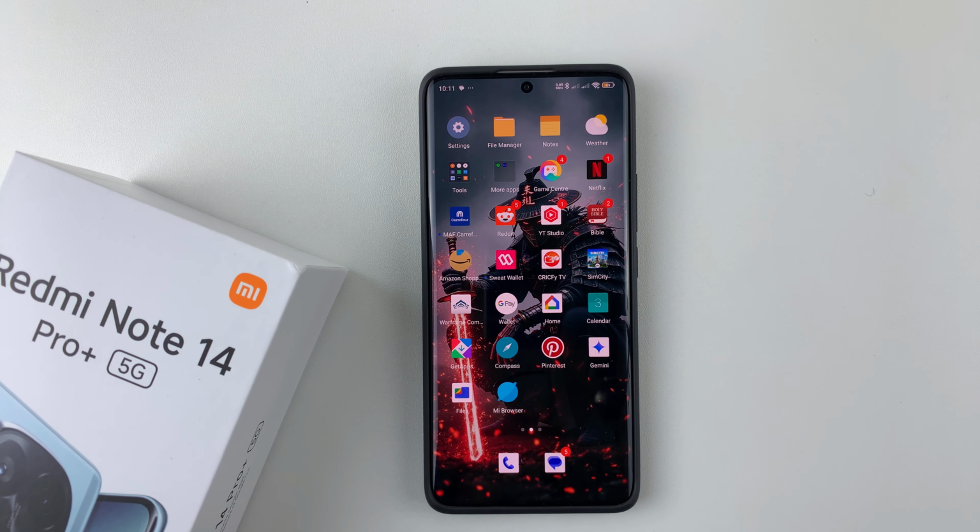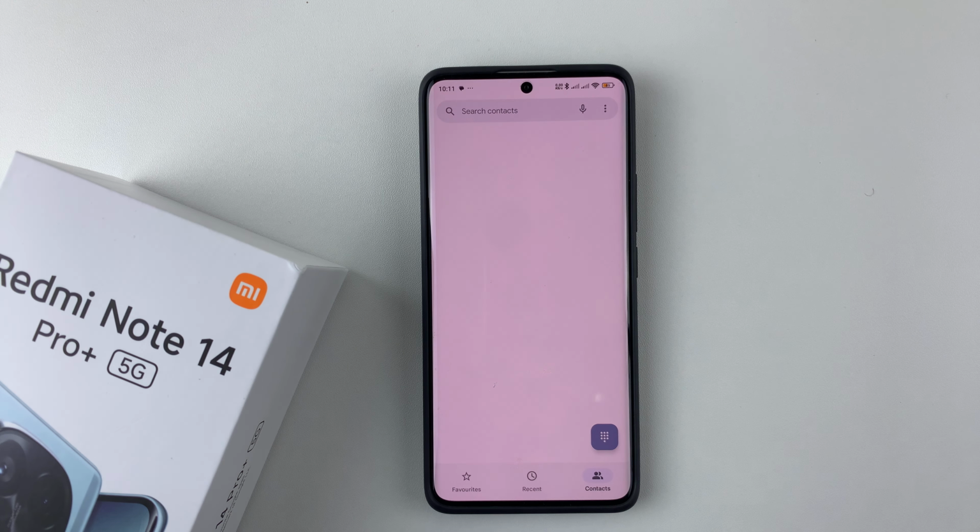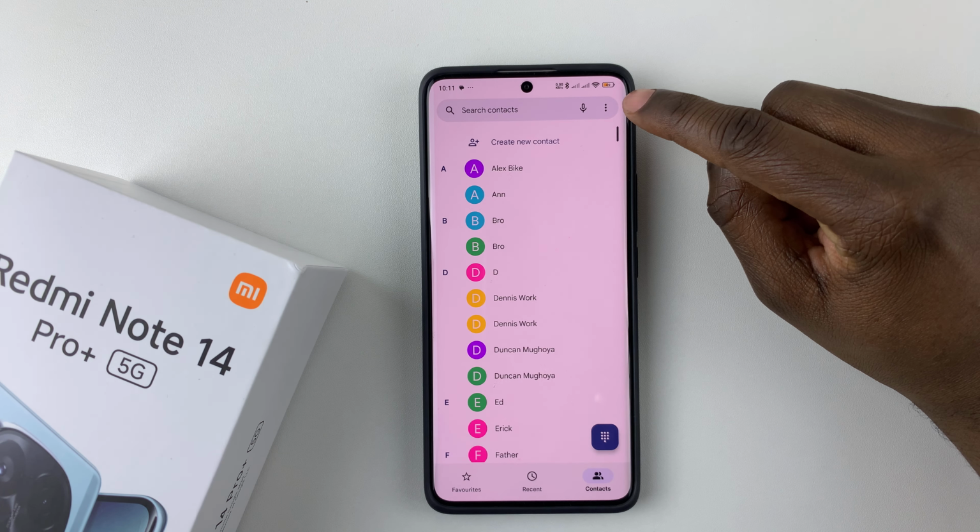14 phones. So open the phone app on your device, and then tap on the three dots at the top right corner, and then select settings. And then within the settings, all you have to do is simply select calling accounts, and then select advanced settings. And then within the advanced settings, find the call waiting notification option and tap on it, and